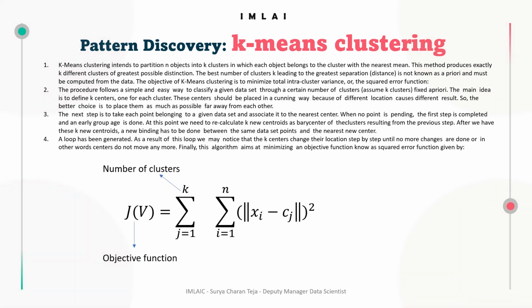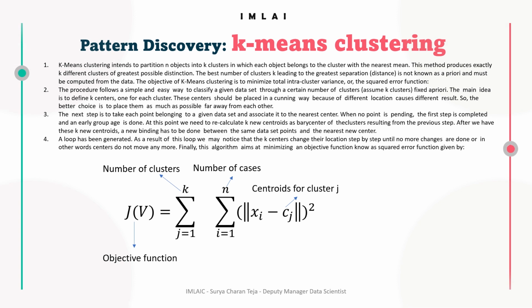So k is the number of clusters, n is the total number of rows or data points you have, and cj is the centroid for cluster j. If k equals 4, we'll have 4 clusters. If j goes from 1 to 5, we'll have 5 clusters, so c1, c2, c3, c4, c5, total 5 clusters, and cj is nothing but